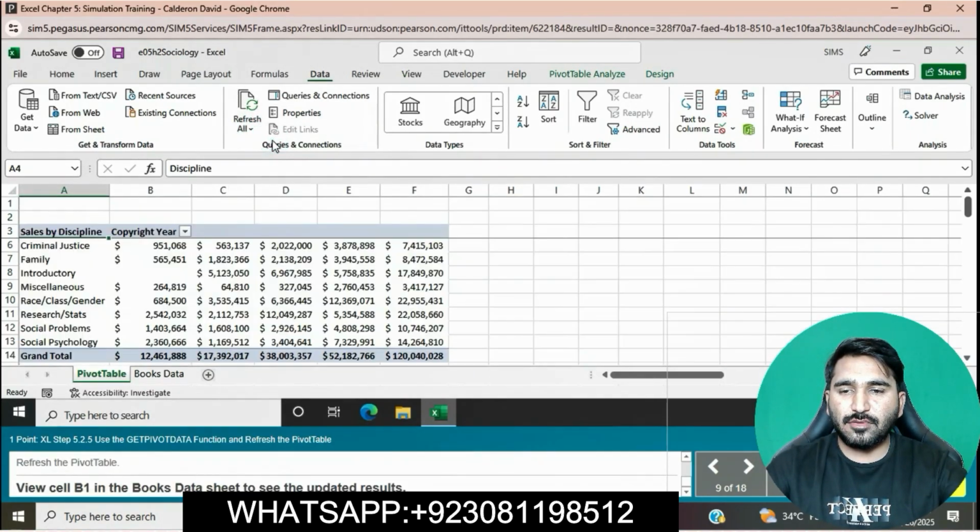Refresh All. Okay, view cell B1 in the books data sheet to see the updated result.